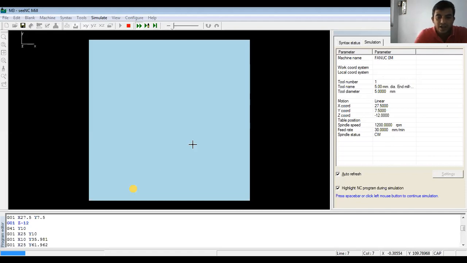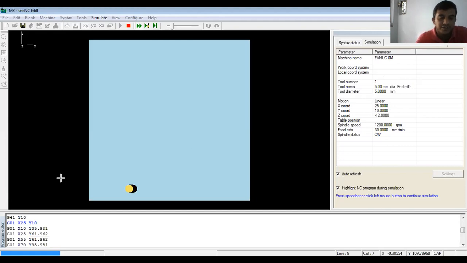Right. Again, if you press the space button, now the cutting tool will take the cutter radius compensation on the left side of the workpiece. How much? What is the first coordinate? In the Y direction here, 10 mm. Right. Next, if you press the space button, now it is in the first position.